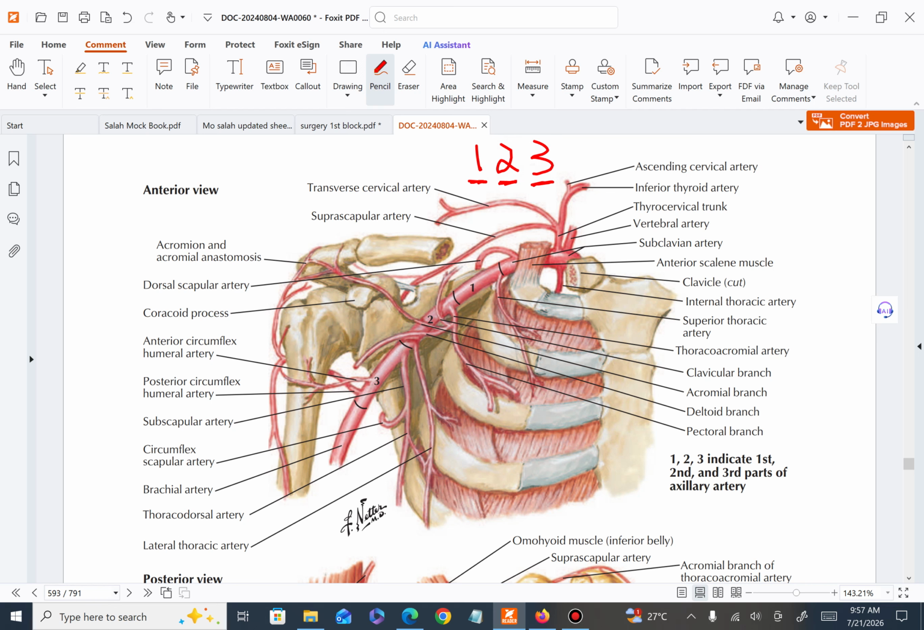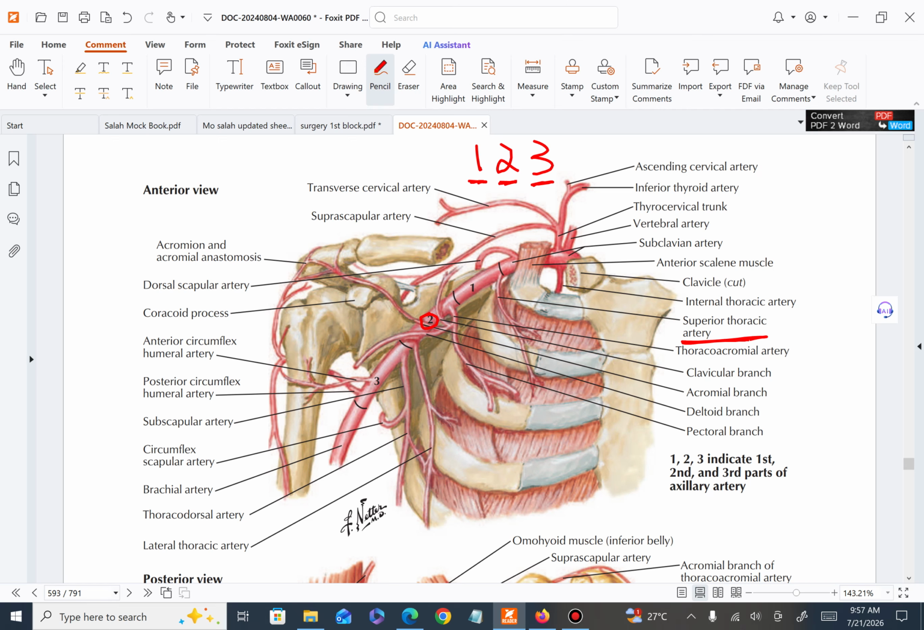So the branch which comes from the first part of the axillary artery is this one. This is the superior thoracic artery, which supplies the intercostal muscle. So the first part gives superior thoracic artery, then the second part gives two